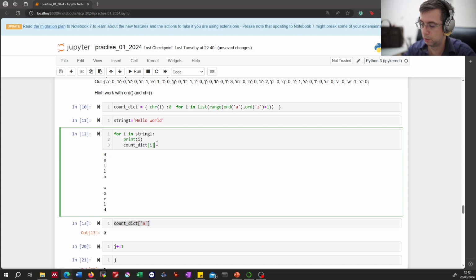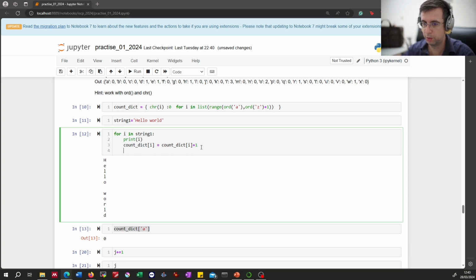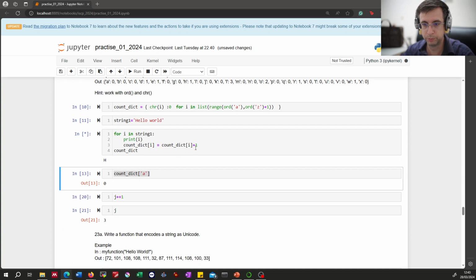But what we will do instead is to say, hey, take the current value, increase it by 1, and store it under the current key value map or dictionary entry. So at the end, when we then print the dictionary,